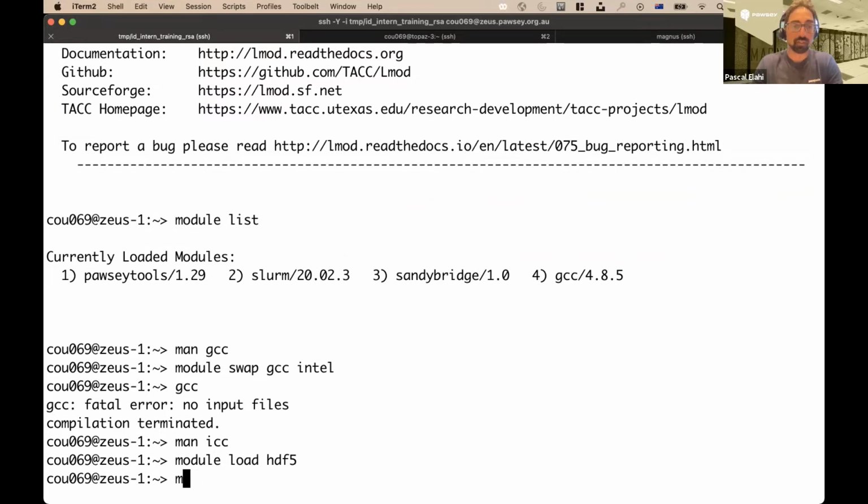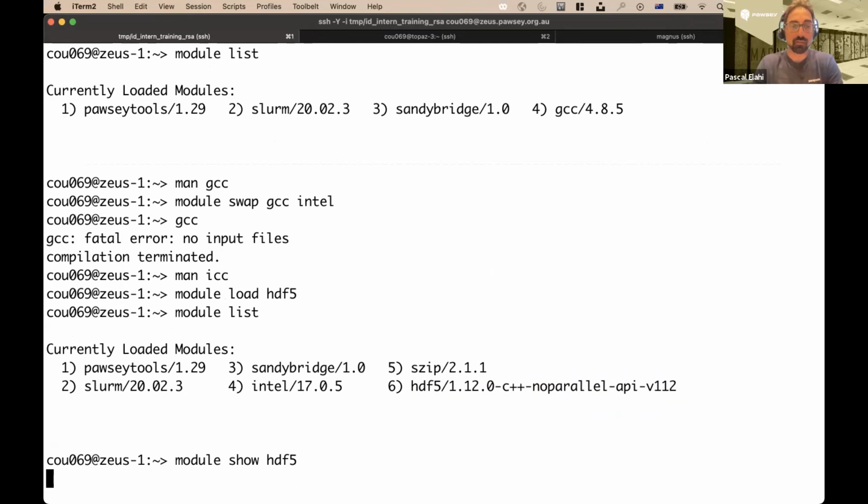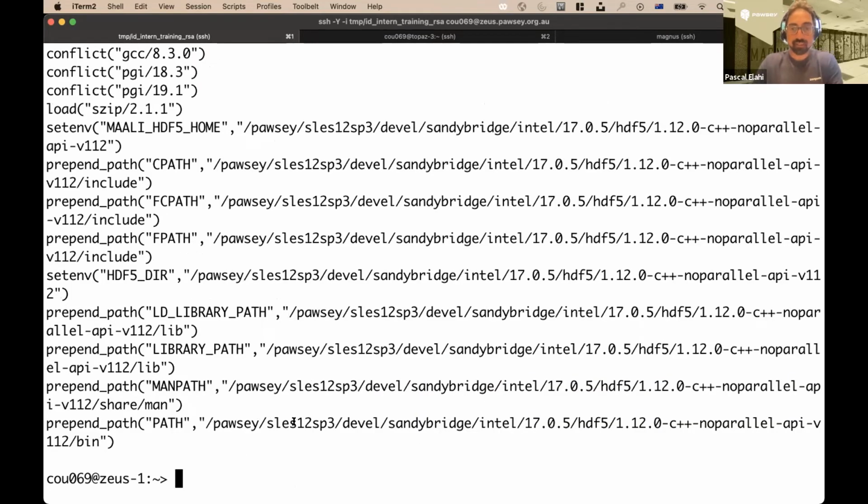And I can go module list just to see what I have. So I have this as my default HDF5. You saw it briefly as we go along. So HDF5, it's got paths. So here's this path, Pawsey, Sandy Bridge, Intel. I happen to be using the Intel compiler, right? Now, if I swap back to GCC,